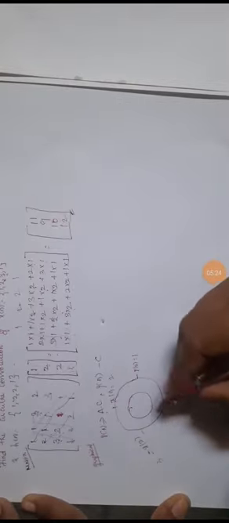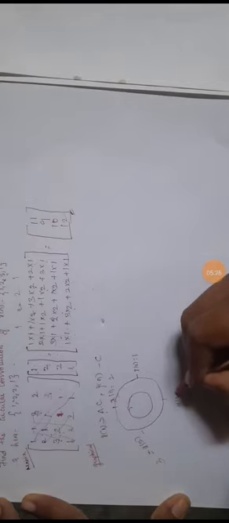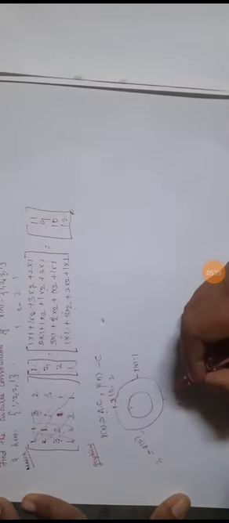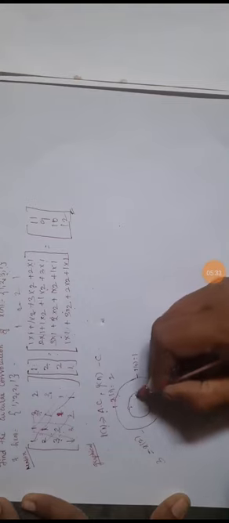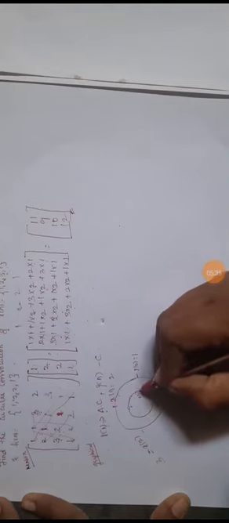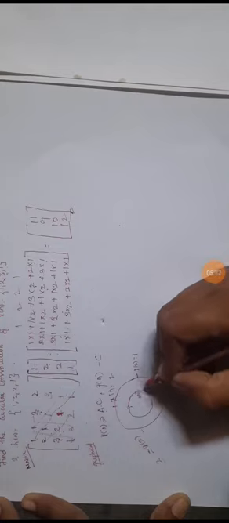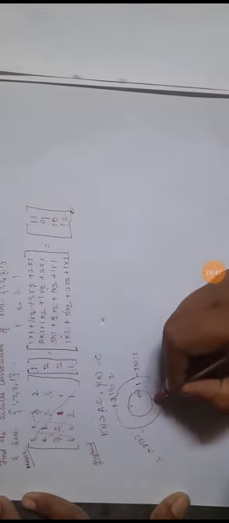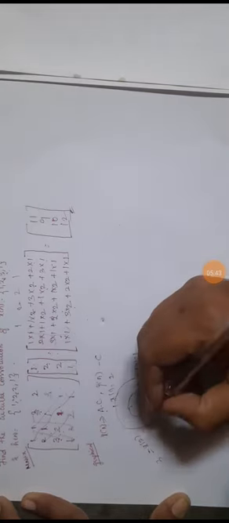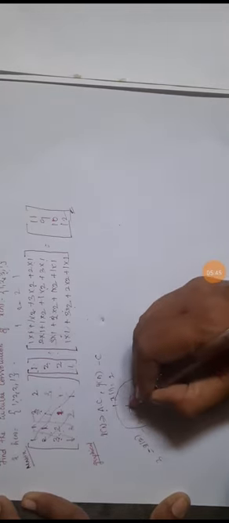X of 3 is equal to 1. The outer circle should be written in an anti-clockwise way and the inner circle should be written in a clockwise way. You have to start where the outer circle x of 0 is. In that way you have to start. At that point you have to start h of n or x of n, x2 of n. It is written in a clockwise manner.